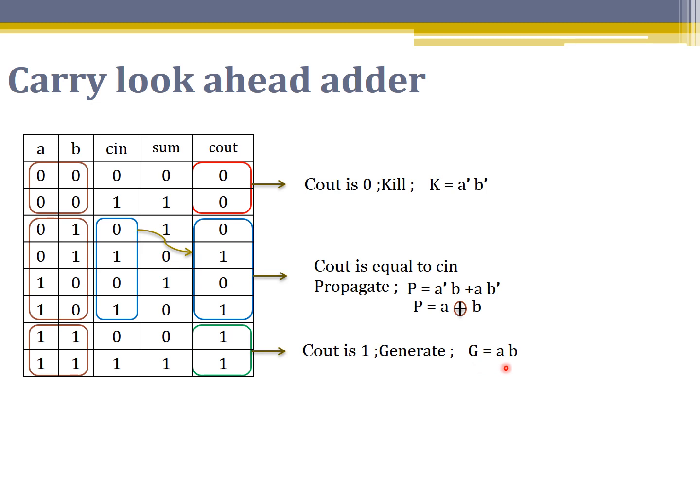Why did we make this observation? Because we know that in any adder, the carry is the main culprit, because it takes a lot of time to generate the carry, and if the carry is being propagated through all the stages, then the entire adder takes a lot of time to give us the final result. So we are seeing an alternate way to generate the carry using the carry look ahead mechanism.